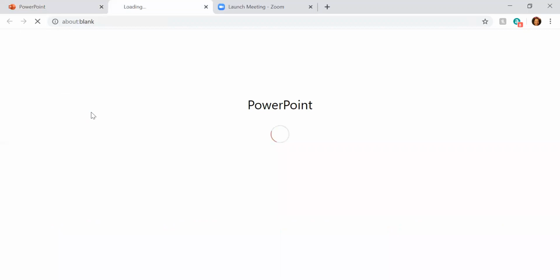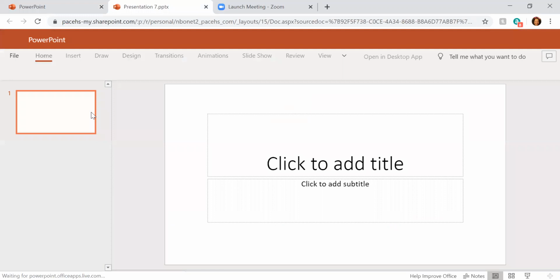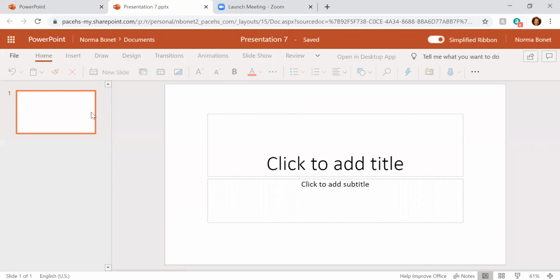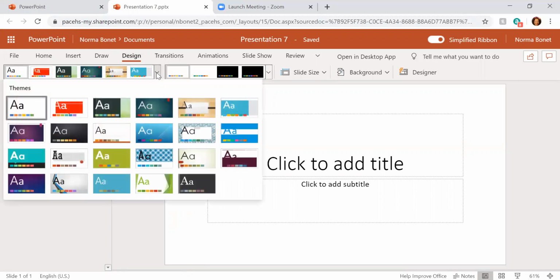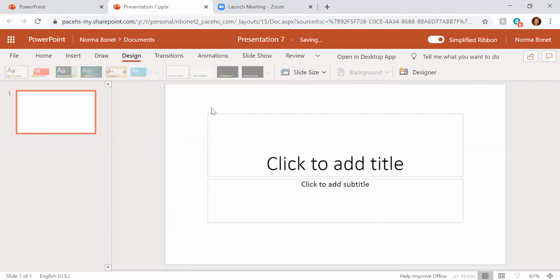So I'm going to go ahead and click on PowerPoint, and we are going to create a new blank presentation. What this video is going to show you is the different tools that you could use to create the photo album without actually having that photo album icon or tool to use. So the first thing that you need to choose is a design of your liking. So kind of like a background to hold the pictures. So here are different designs that you could choose. The one that we have on the example is this one, organic,